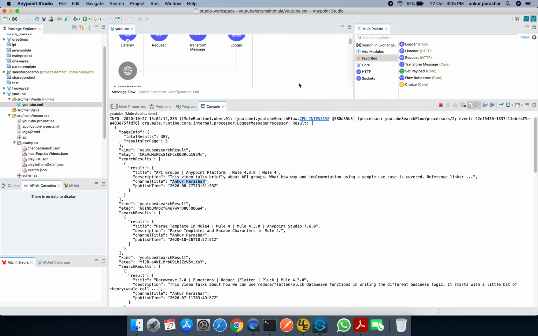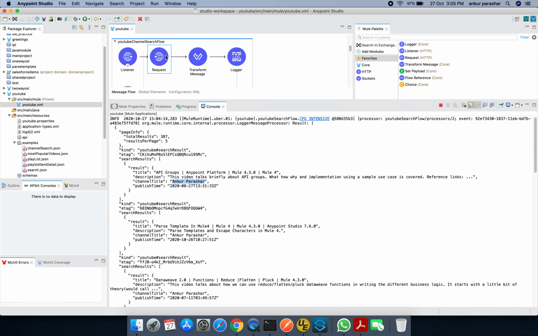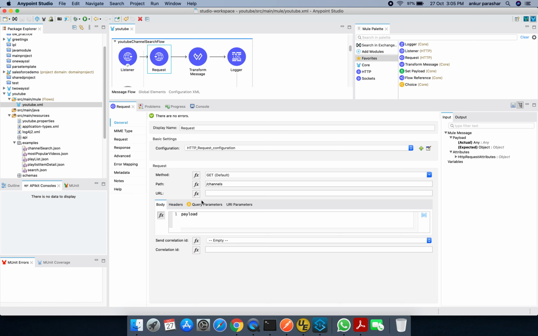Now let's check out the second, that is channel search. It's the same v3/channels, and in query params we need to pass the part, queue, and the username. For me the username is whatever I am putting in from the query params.